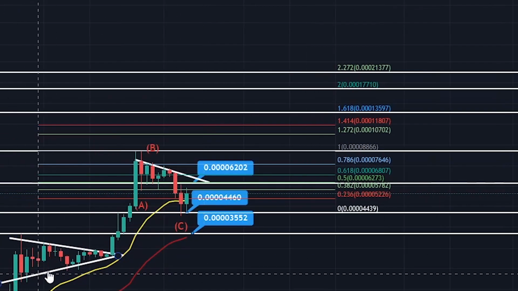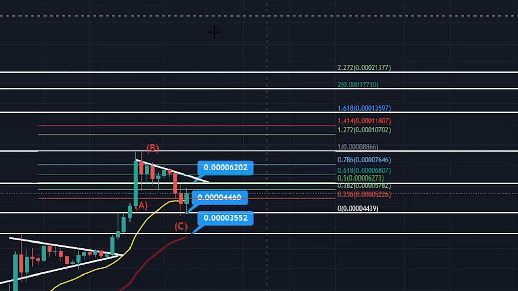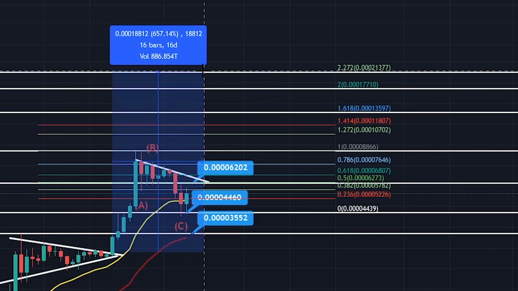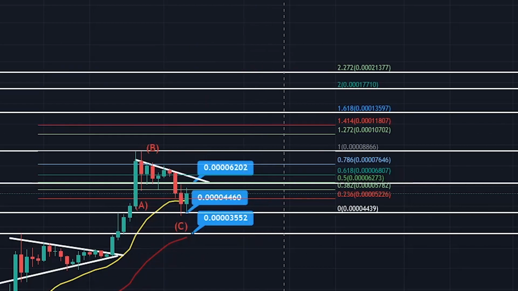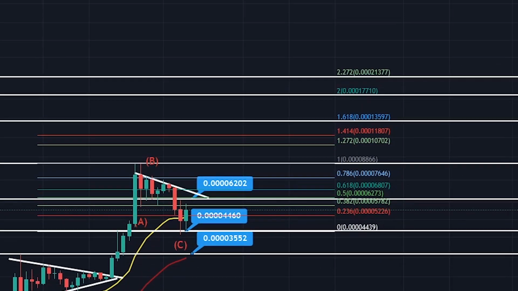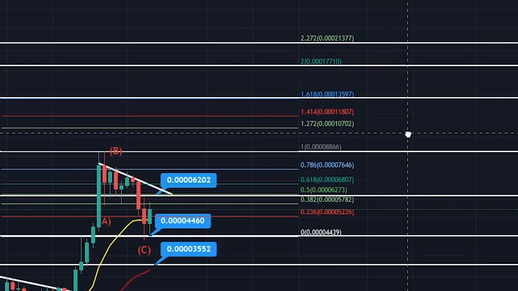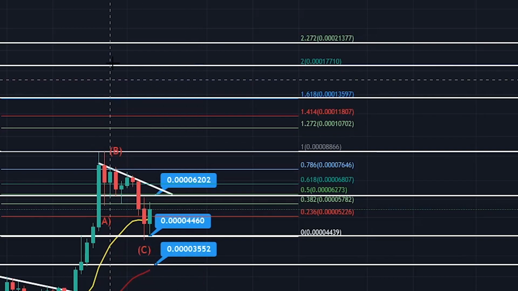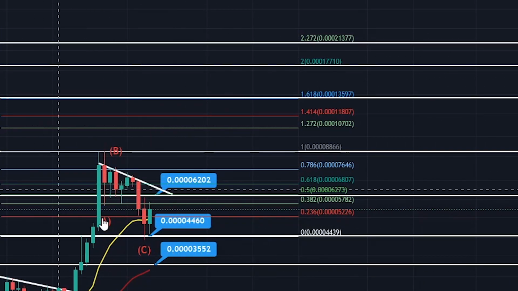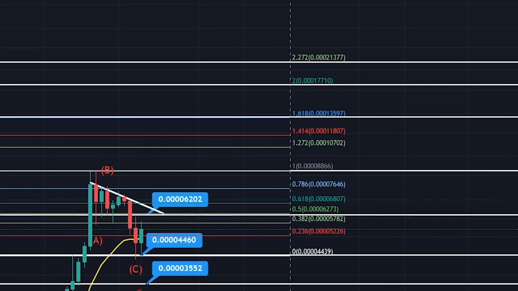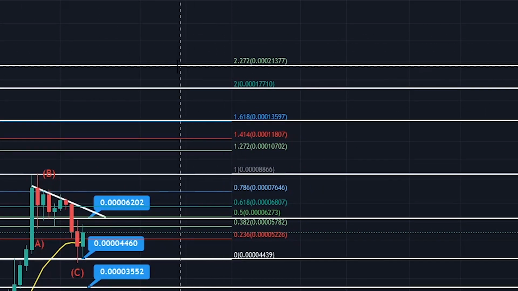I think down here as well, when you was doing this, I said to you, I don't see much more leg room than potentially, you know, 4 or 5x at this point, given the tokenomics. And you can see it pretty much up to the 2.272 is around about a 650% upside, which, you know, is about 6-7x, isn't it? And that's based purely off tokenomics. I do see a lot of people saying, oh, it's going to $100 trillion market cap, it's going to be $1 each token and things like that, and you're not taking the tokenomics into account. So for me, this next leg up here for SHIB could potentially be the end for you, okay? But again, not got a crystal ball, nothing to say is financial advice.